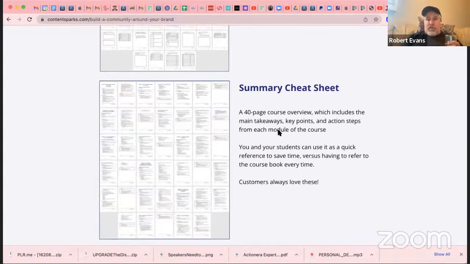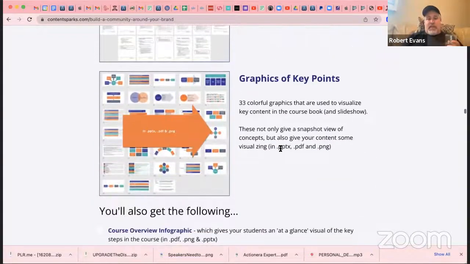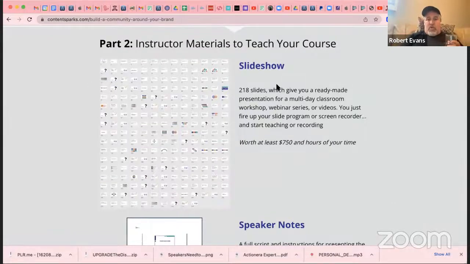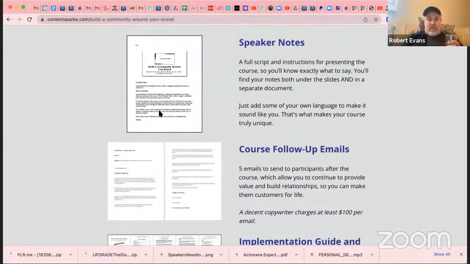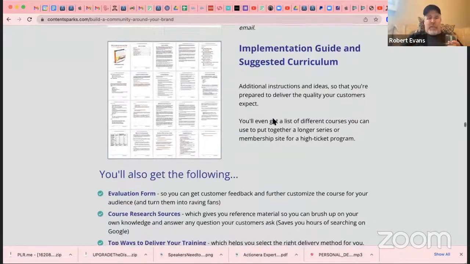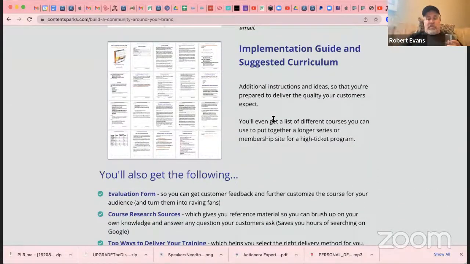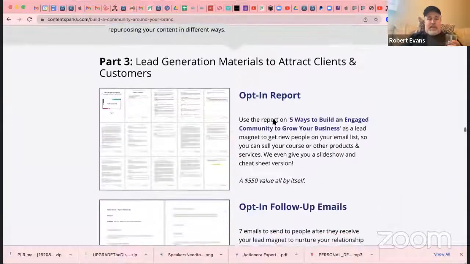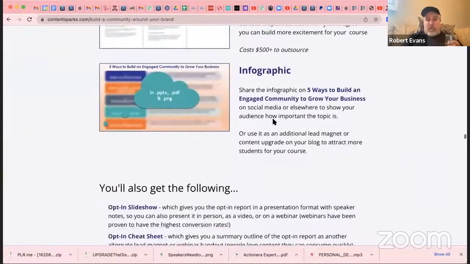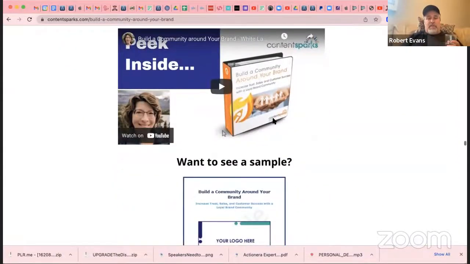This is for you to use to get this is what you're going to talk about, that sort of thing. Graphics that go along with it. The slideshow, speaker notes. So they'll actually tell you exactly what to say, with the PowerPoint. And you can either do this live or you can do it pre-recorded. And all this other stuff. Opt-in emails, opt-in reports, blog posts, infographics, you name it.